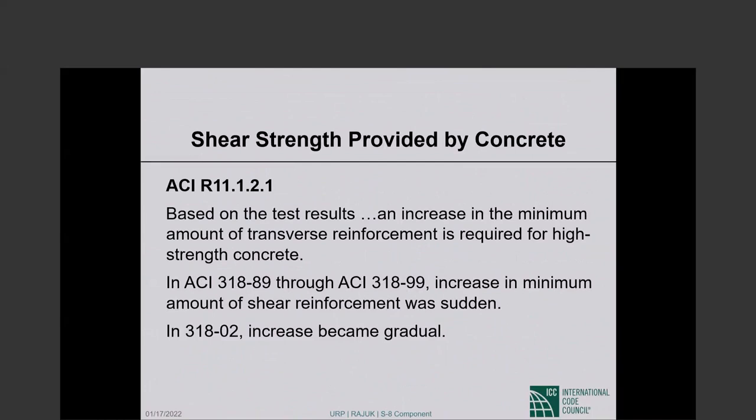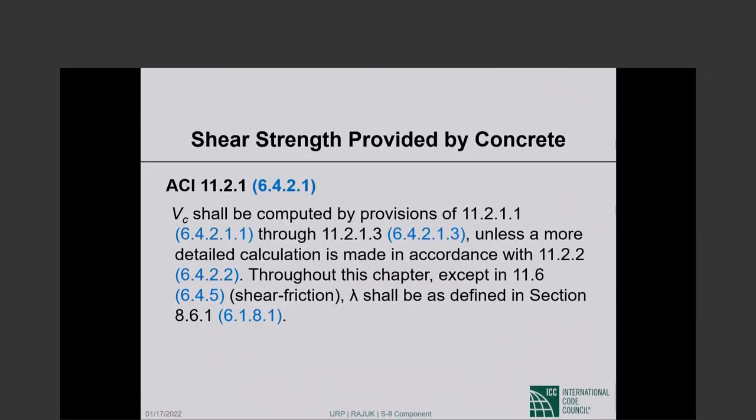Okay, so based on test results, an increase in the minimum amount of transverse reinforcement is required for high strength concrete. So 318-89 through 99, increase in minimum amount of shear reinforcement was sudden. 318-02, increase became gradual, and it will come back as you saw. Okay. Now V_c shall be computed by provisions of section such and such unless a more detailed calculation is made in accordance with another section. Throughout this chapter, except in 11.6, which is shear friction, which we will not discuss today,